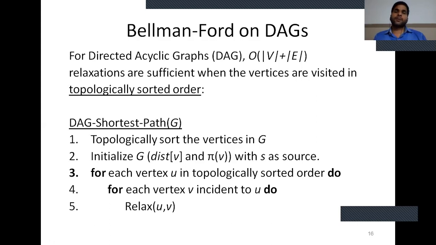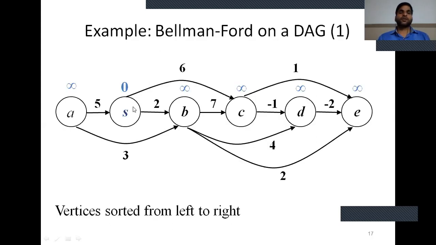Now, according to the next topic of single source shortest path algorithms, we discuss topological sort order. In the topological sort order algorithm, we also apply the relaxation property. Initialize graph G with distance of v, and S as the source, then for each vertex u in topological sorted order, for each vertex v incident from u, relax (u, v). Suppose the source S is given. So we initialize the value of the source equal to 0 and all other node values to infinity.